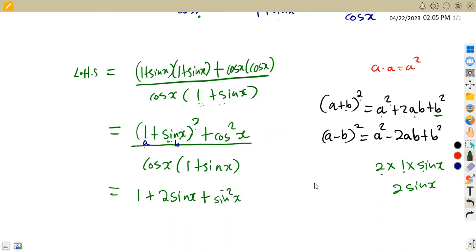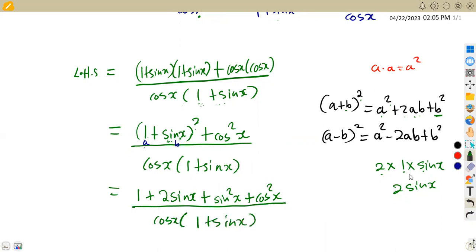sine squared x. Or like I said, you can expand those brackets properly using that expansion of brackets from your O level, which is still fine. But let's just try to advance. We are now into A level, where we can at least apply some other typical calculations. Okay, plus, remember, we still have the cos squared on our calculation. So we're going to have cos squared x, everything over, in this case, the cosine of x into 1 plus